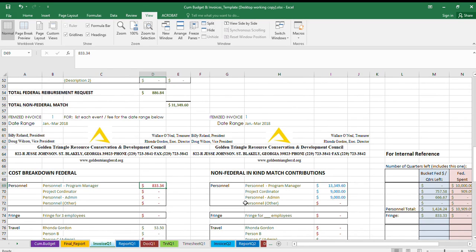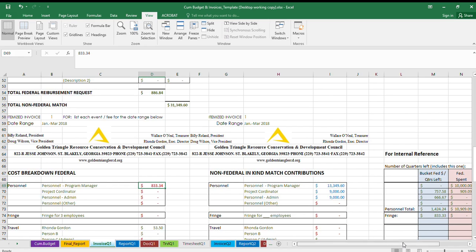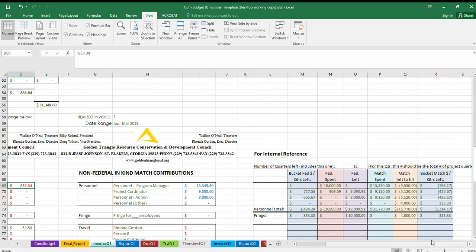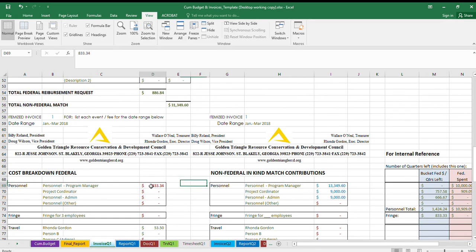Federal charges, that amount is based on how much is in the federal bucket for that category in that contract, and so then we typically have just said, okay, if we've got let's just say a total of $10,000 for a given contract for the whole life of the contract, we would just divide that by the number of quarters. You can see here in my example there's 12 quarters in this contract, and so we would just divide 10,000 by 12, and then that would give you the amount here,